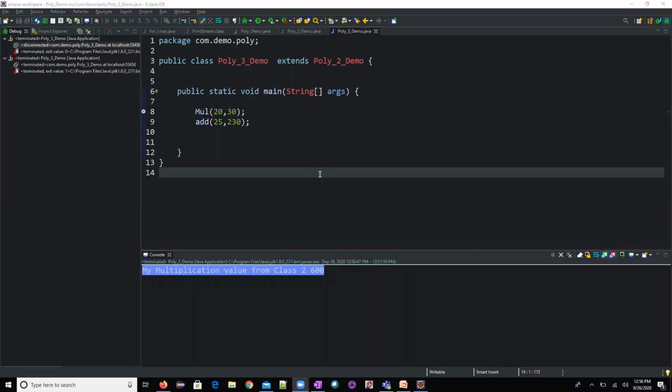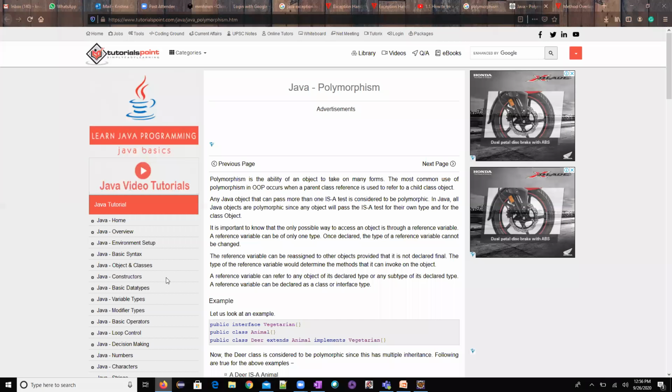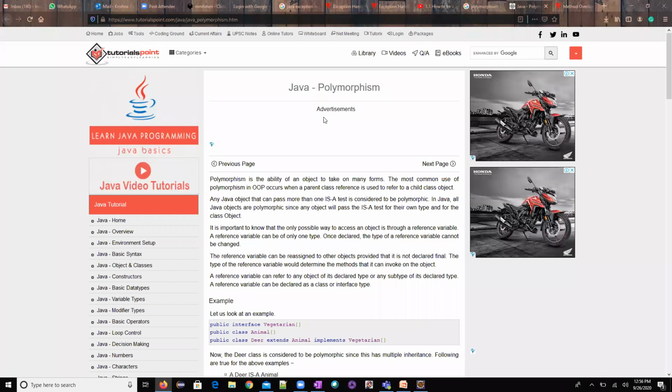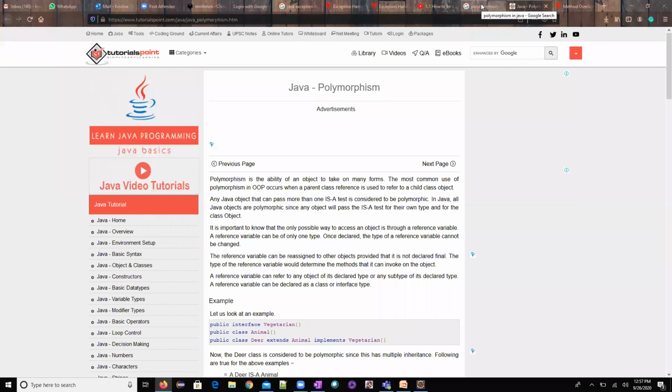I will not get into runtime polymorphism and compile time polymorphism now. I'll give you one small hint. Runtime polymorphism happens dynamically, and the concept used in runtime polymorphism is overriding.